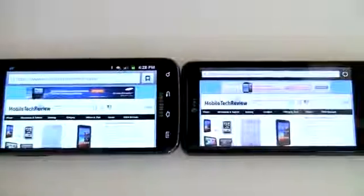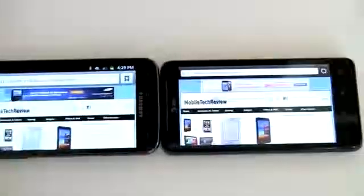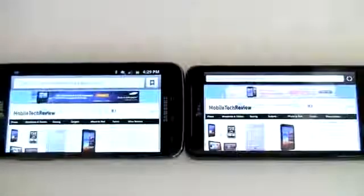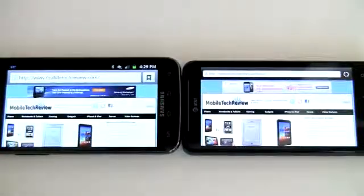Now in terms of web browsing, both have Adobe Flash, and they load pages equally as well. The Samsung Galaxy S2 Skyrocket gets the advantage again. On the SunSpider JavaScript test, it's much, much faster than the Vivid is, and you'll notice it in quicker page load times by a little bit. In terms of the resolution, again, you can see, look how big the URL bar is here